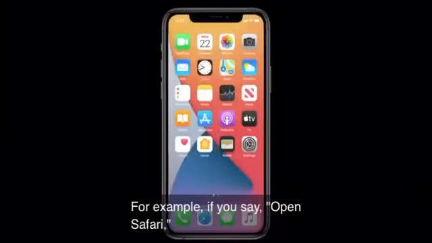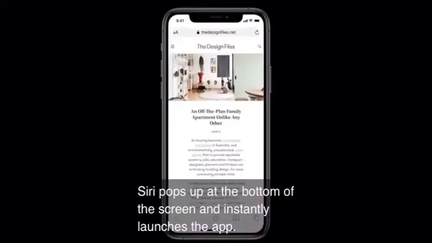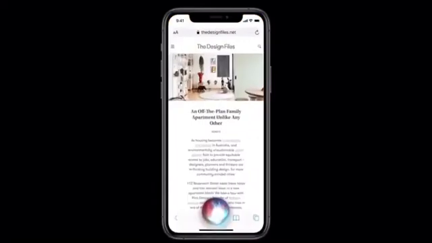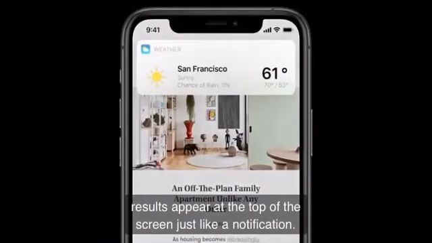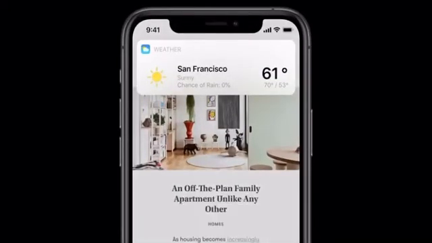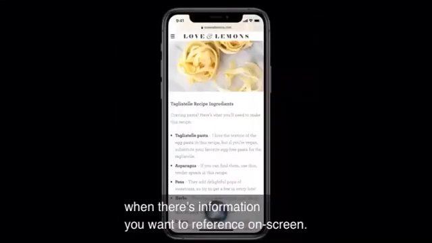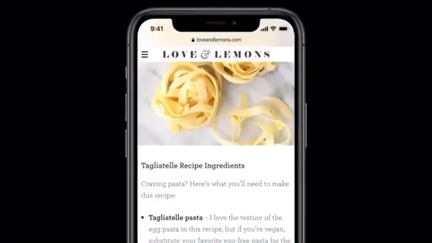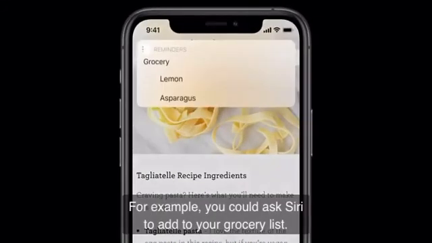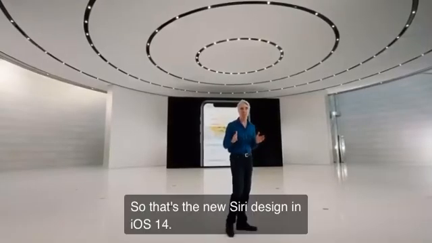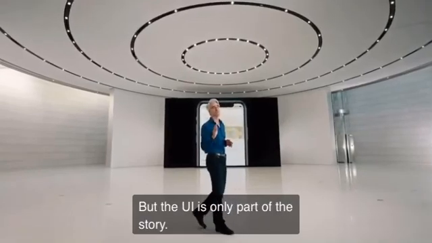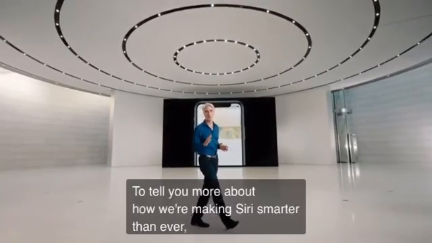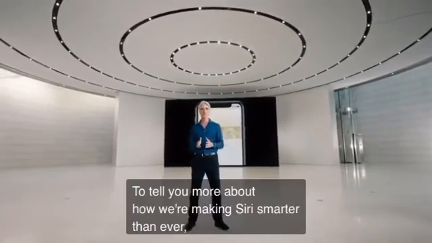For example, if you say, "Open Safari," Siri pops up at the bottom of the screen and instantly launches the app. Or if you ask for information, like the weather, results appear at the top of the screen, just like a notification. Now, this is especially great when there's information you want to reference on screen. For example, you could ask Siri to add to your grocery list. So that's the new Siri design in iOS 14. But the UI is only part of the story. To tell you more about how we're making Siri smarter than ever, I'll hand it